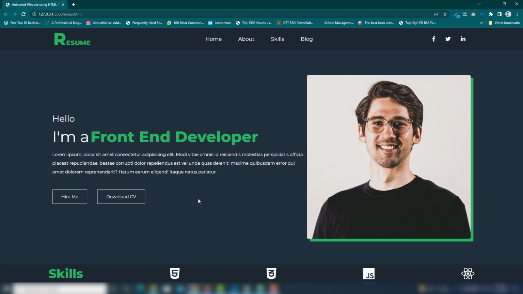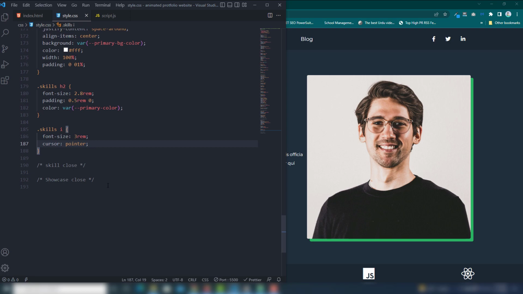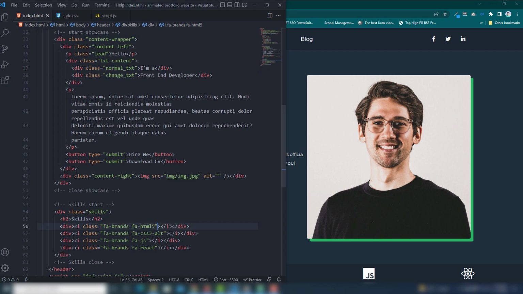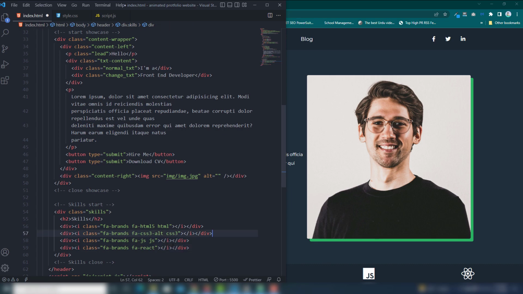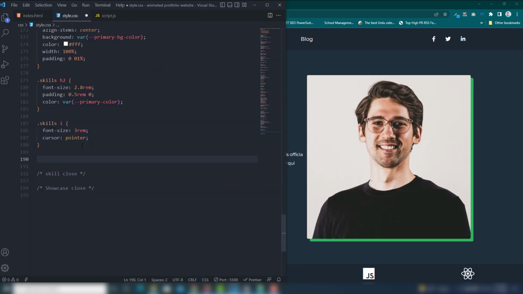So the last thing is I want to change the color of every Font Awesome icon. So you need to assign separate classes. Like this way, HTML5, and this will be CSS3, and this will be JS, and this will be React, right? So we need to target every class, skills dot